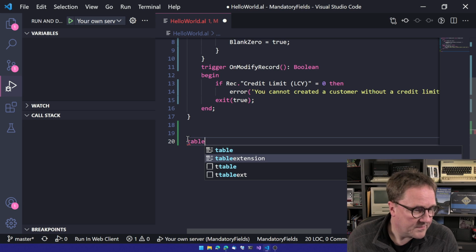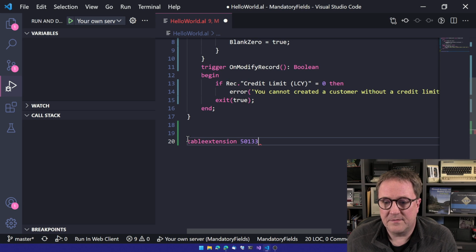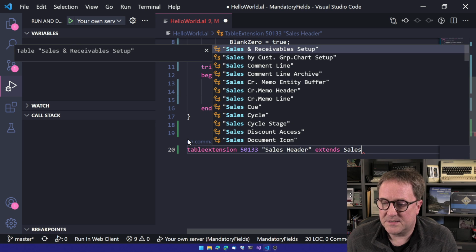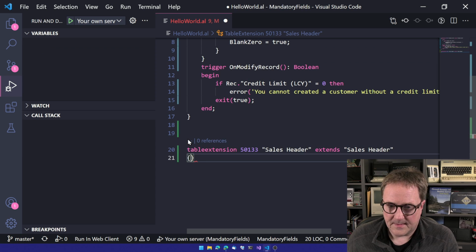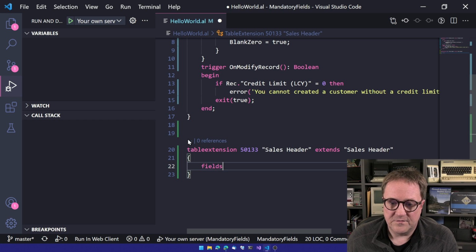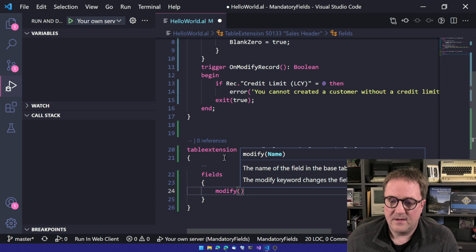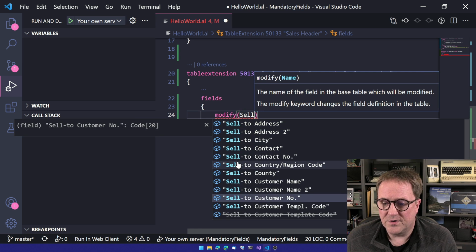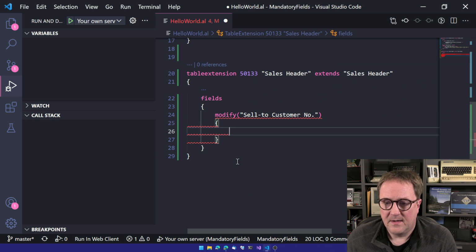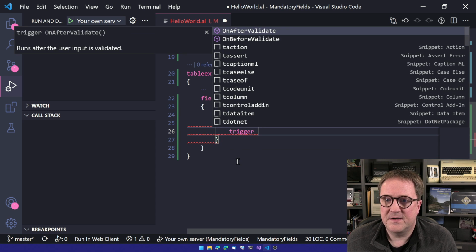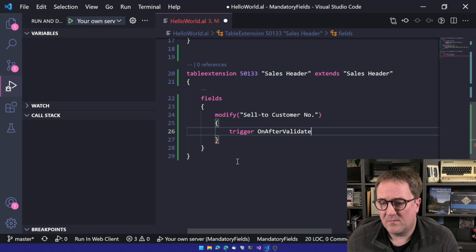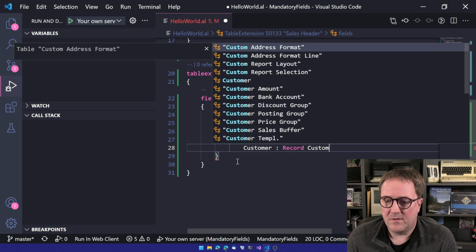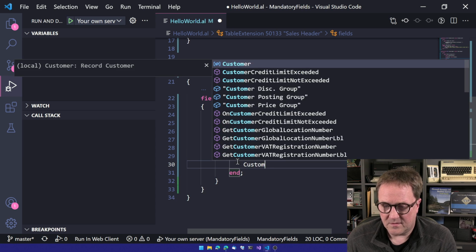a table extension here. What is the time? 21 minutes. So we'll create another table extension on sales header. Extend sales header, and we will go to fields and we will modify the sell to customer number field, and then we'll do a trigger here saying that on after validate, perhaps. Yeah, could also be before. Create a variable for the customer, record customer, and then we'll say customer.get